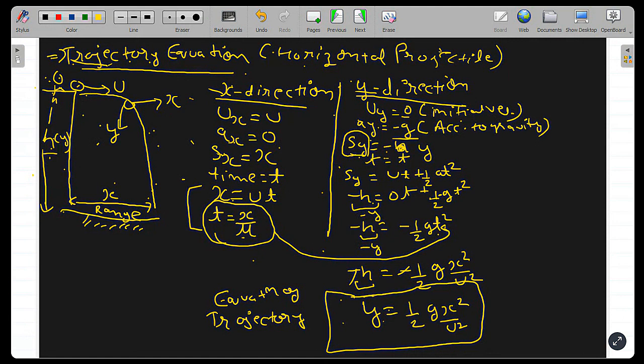Substitute the alphabet h with y just because ट्रैजेक्टरी ऑफ मोशन का मतलब ये होता है y और x कंपोनेंट रिलेशन निकालना, और अगर मैं h लिखूंगा तो h और x में निकल जाएगा, तो कुछ खास मतलब रह नहीं जाएगा, इसीलिए जस्ट चेंज इट टू y। नाउ इक्वेशन लगा दी मैंने, ut इज इक्वल टू 0t। ठीक है, u 0 है, प्लस हाफ माइनस जी टी स्क्वायर। सो माइनस y इज इक्वल्स टू माइनस हाफ जी टी स्क्वायर, माइनस से माइनस साइन कैंसिल हो गया, y इज इक्वल्स टू हाफ जी, t की वैल्यू रख दी यहां से उठा के x बाई u, तो t की वैल्यू x स्क्वायर बाई u स्क्वायर, हाफ जी x स्क्वायर बाई u स्क्वायर। स्वाहा, खत्म।